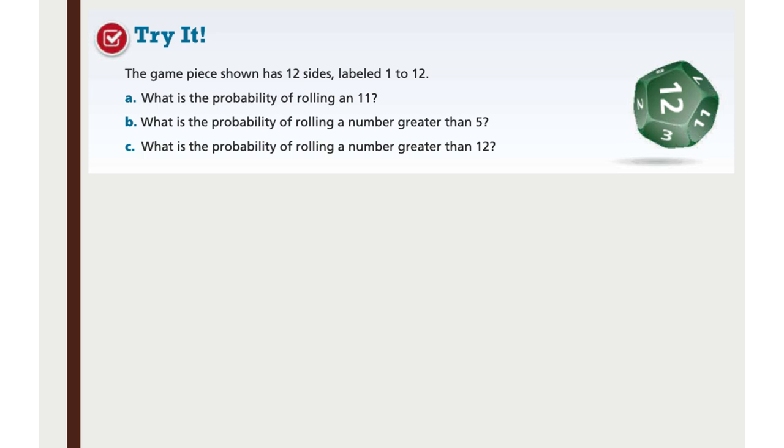So that you can see what you're talking about and you can manipulate what you're using. On this particular question, we've got our dice. It's a great Dungeons and Dragons piece here. 1 through 12, I've got it listed on the board so we can physically see what we're dealing with. It has 12 sides. It's 1 through 12. So is this a fair game piece? Theoretically, yes. Everything's up there once.